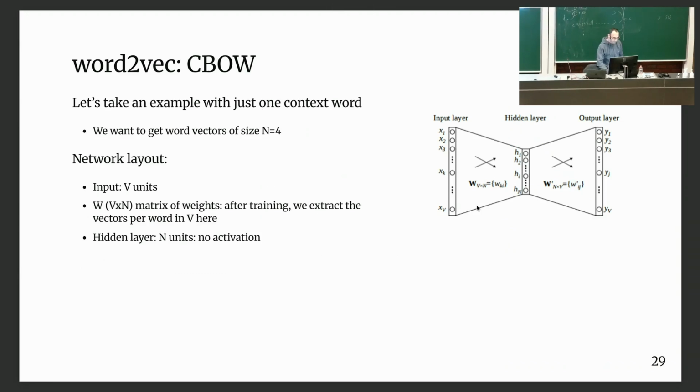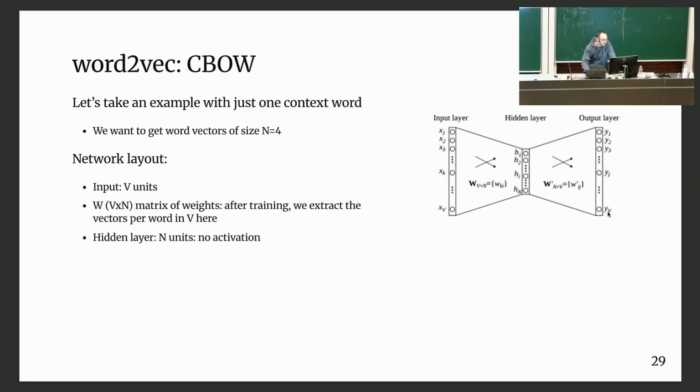With one context word, this case is still easy, right? My input layer is just x1 to xv. My hidden layer has a length of n. So in this case, my weight matrix that I need is just v times n. And you do standard matrix multiplication. You multiply this weight matrix with your one hot encoded input layer. You get a vector with length n. And then you have your second weight matrix. This needs to be n times v, because we multiply this with this. We apply softmax, which is a bit hidden here,